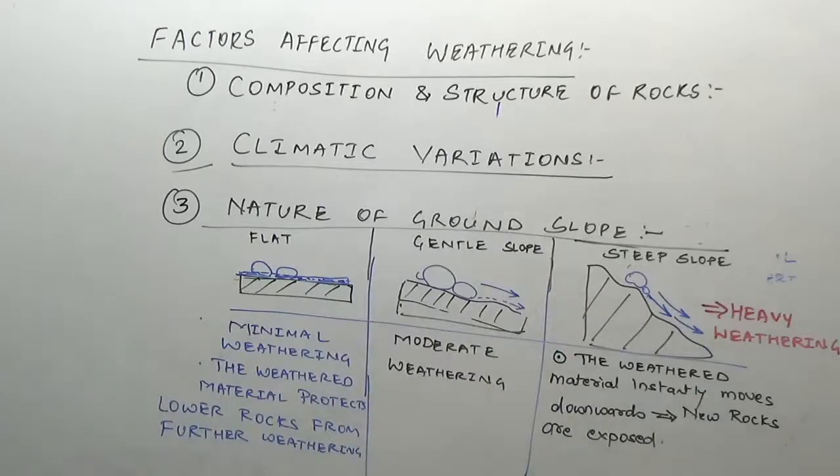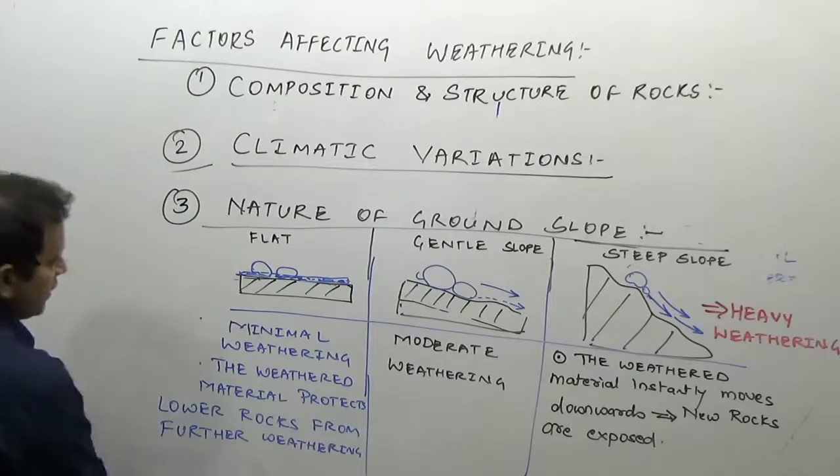So can we use these statements in the areas of a gentle or flat slope? There will be minimum weathering, while the weathering will be very high in the areas of the steep slope. So this is the third factor which affects the weathering. You just have a look at the diagram. Then the fourth factor which affects the weathering is